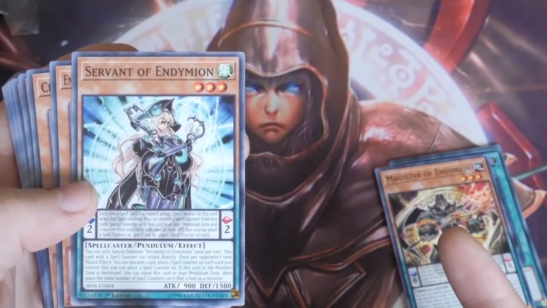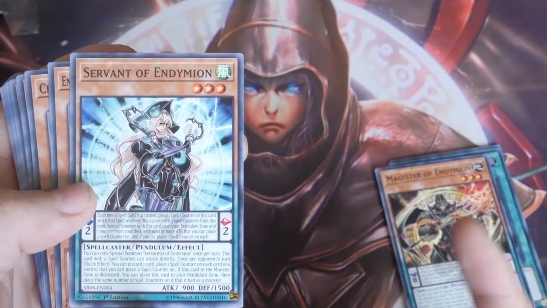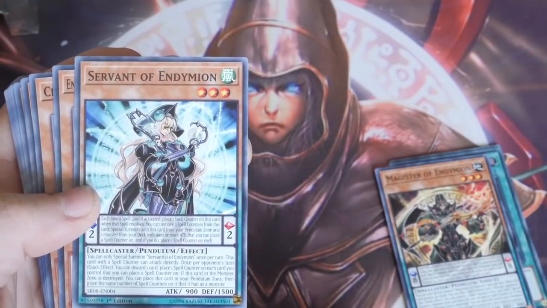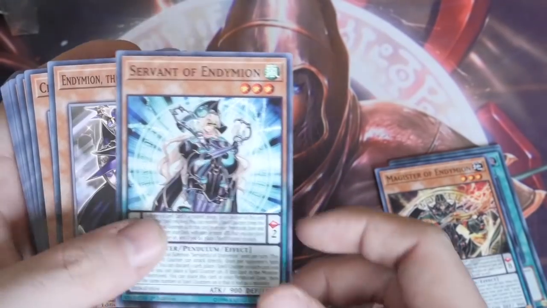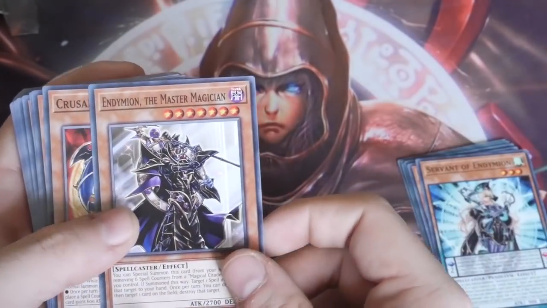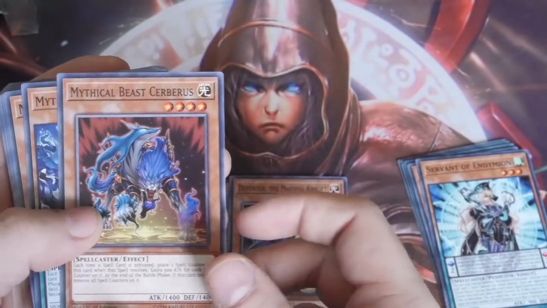Once per opponent's turn, you can discard 1 card, place 1 spell counter on each card you control that you can place a spell counter on. If this card is in the monster zone, is destroyed, place it into the Pendulum Zone, then place the same number of spell counters on it that it had as a monster. And then the reprints: Endymion the Master Magician, Crusader of Endymion, Defender the Magical Knight, Mythical Beast Cerberus, not the